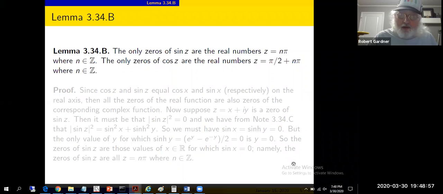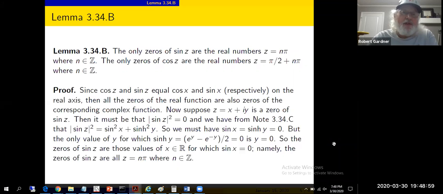Okay, the claim is about the zeros of these functions. Certainly, when we input real variables, we'll get all those usual real zeros. The question is, why don't you get any other zeros? So suppose we take z equals x plus iy, and suppose that's a zero of sine z. Well, the only time we get 0 for a complex number is when its modulus is 0. So that will imply the modulus of sine z equals 0, or more conveniently, the modulus squared of sine z